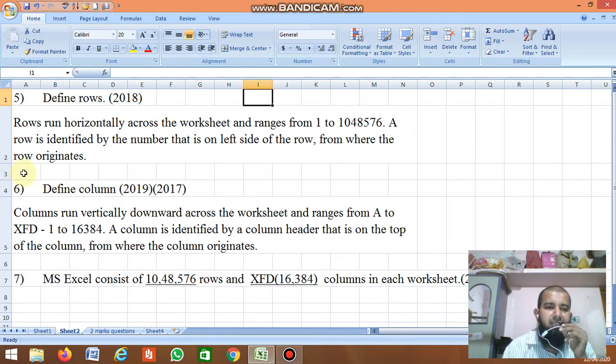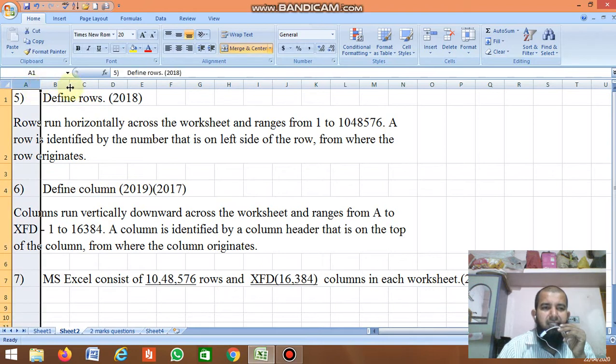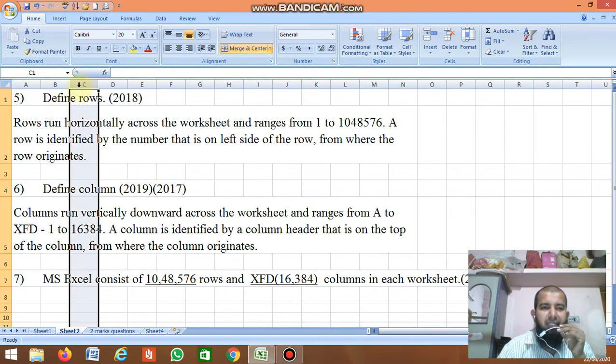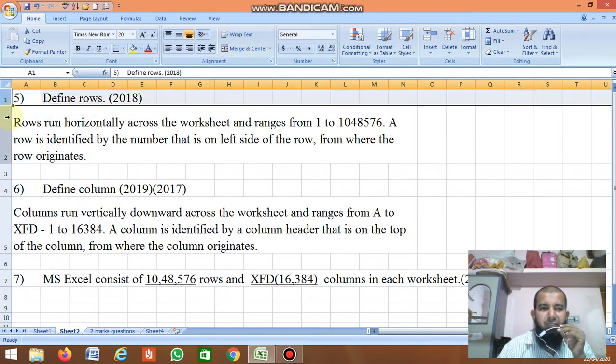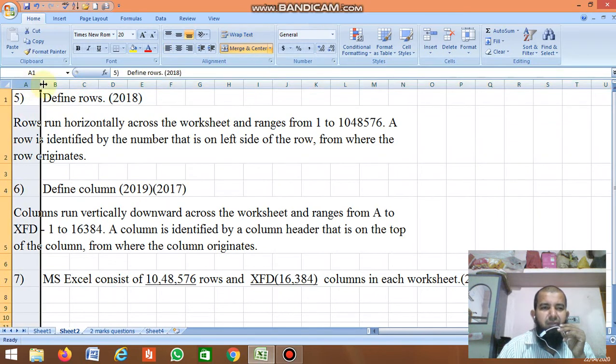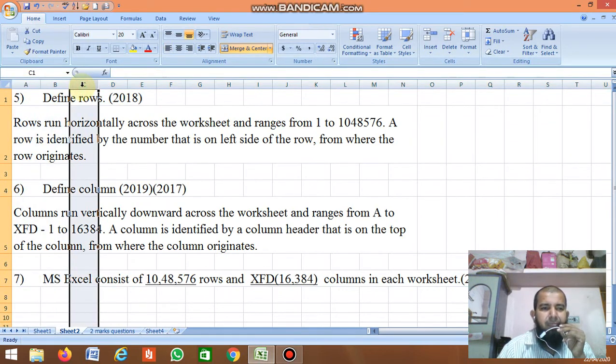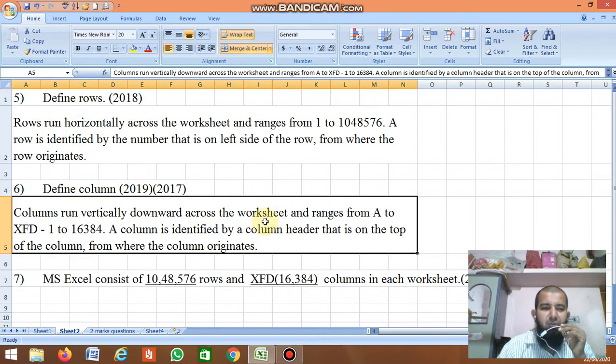Next, what is a column? Define column. It was asked in the 2017 and 2019 question papers. Columns run vertically, whereas rows run horizontally. This is the first column, the second column, the third column, like this. Columns run vertically downwards across the worksheet and range from A to XFD.